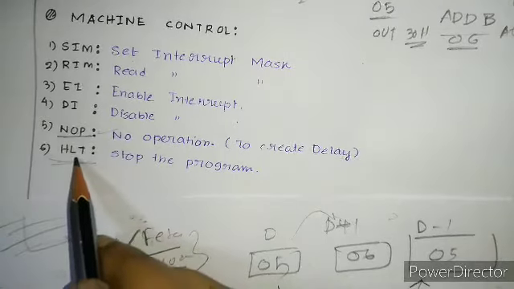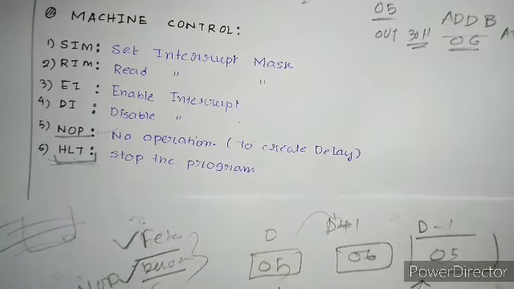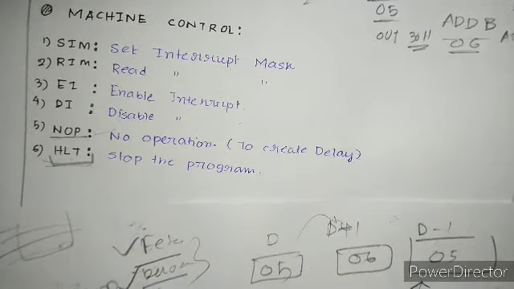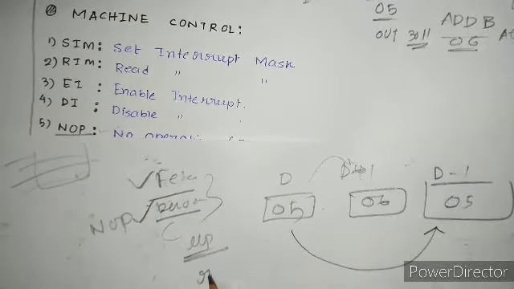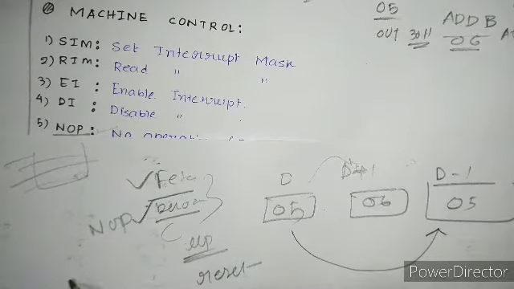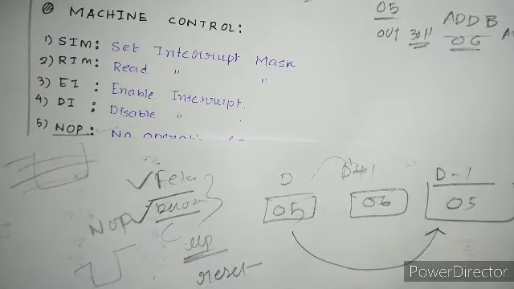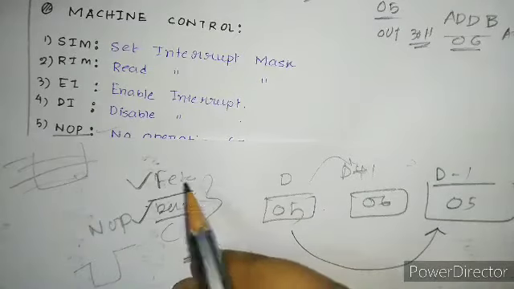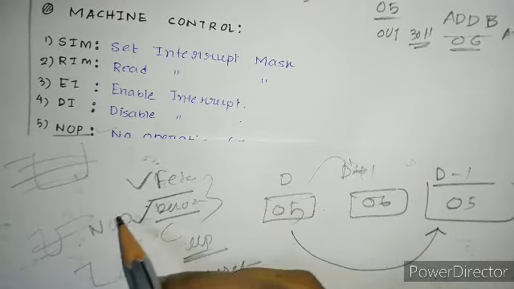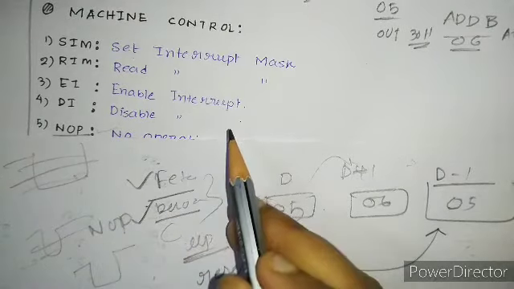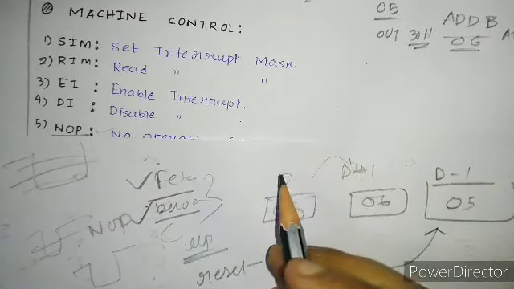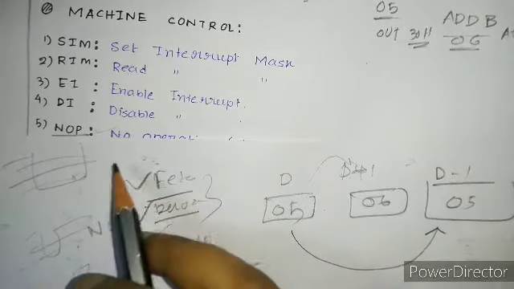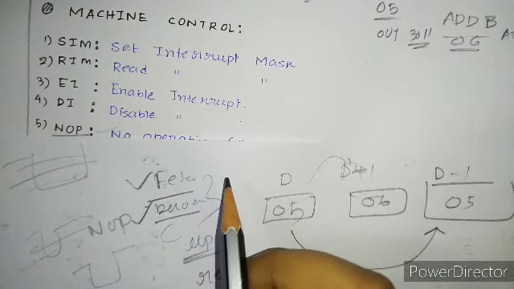When we write HLT, this means now the MUP will get reset. Whatever program you have done, whatever data you have stored in your accumulator, registers and all that, this all will get reset. This all will get into 0000. Address, data, everything will become 0000. So whatever operations you have done or whatever program you have written, this doesn't have any value anymore, because HLT means stop and restart the MUP.